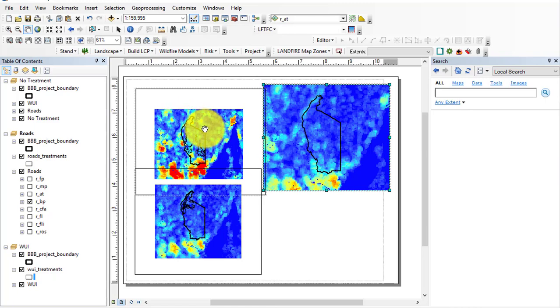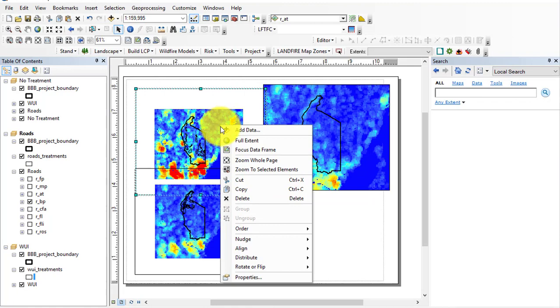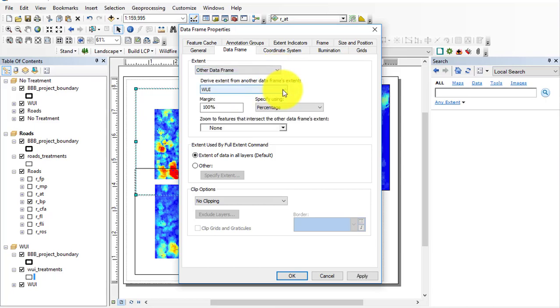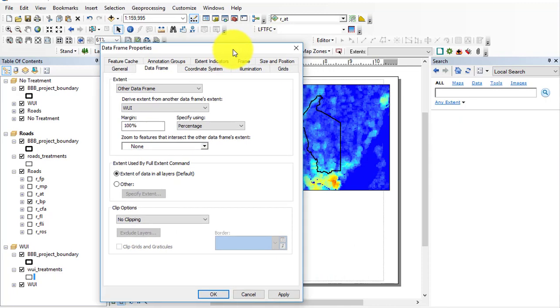And since I have the pan tool activated, I'm not going to be able to do other things right now, so I need to click on this select element icon, and now I can right click, or click first so it activates it, right click on a new layer and select properties, and for data frame extent I'm going to choose the same extent as another data layer,